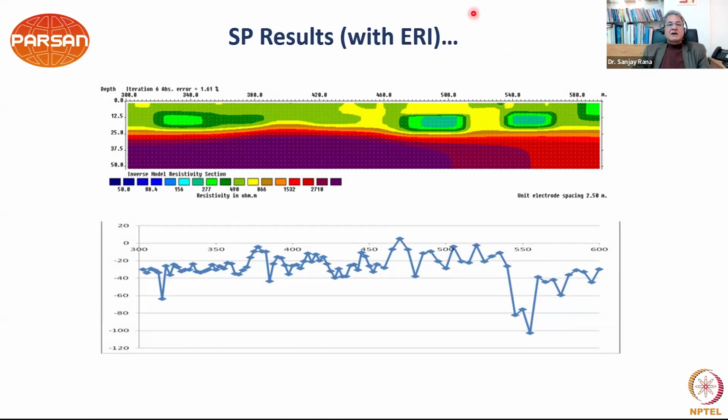For example, in this particular dam, you can see there is one low resistivity zone here, one here, and one here. Once the SP has been conducted, it becomes very clear that maximum SP development is taking place across this particular zone, which means that although all the three zones have a higher level of water or moisture concentration, at the moment the maximum flow, or all the flow, is taking place across this zone only. So it helps you understand your seepage paths much better.